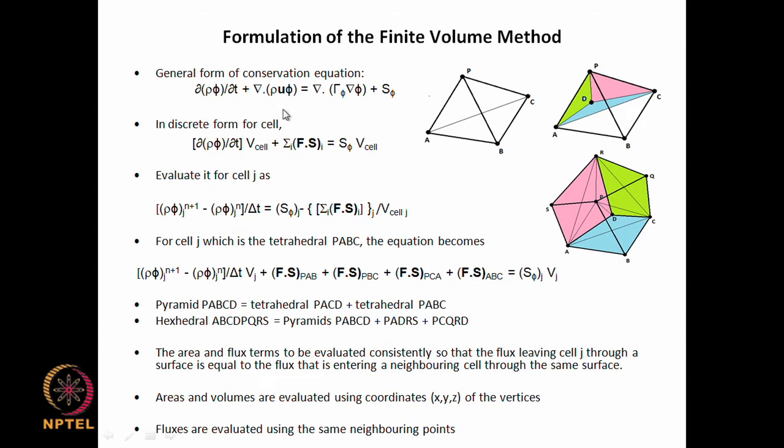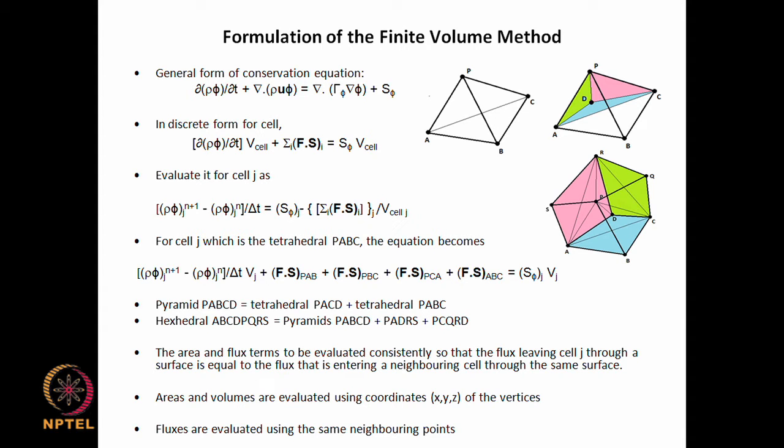In the process we convert the divergence operator into a surface integration over each side of the surface, so that we have an equation of this particular type: rho phi j n plus 1 minus rho phi j n divided by delta t times volume of the cell, and the net outgoing flux through all the phases is equal to the source term. And we made the point that we need to divide the control volume into small cells,